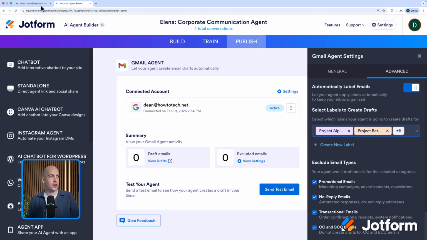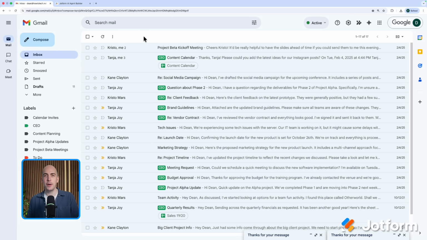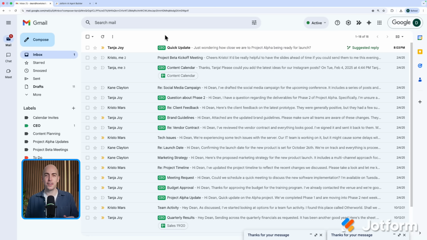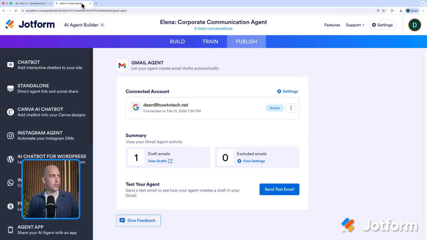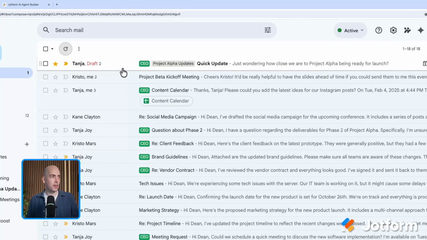So let's see this in action then. At the moment, there are no new emails in my inbox, but my colleague Tanya is about to email me. So Tanya's email has come in here. And what will happen is the agent will see that email come in, it's going to draft a response, and in a moment I'll go into this email and we'll see the draft reply ready to go. So just to check, if I switch back to the Jotform tab here, we can see that there's now one draft email, and there's a shortcut here to go and view drafts, but let's just go and click into that